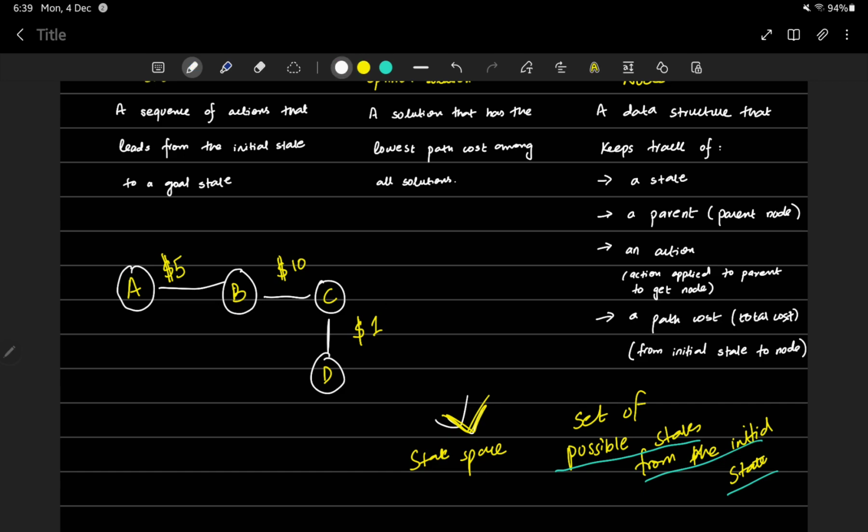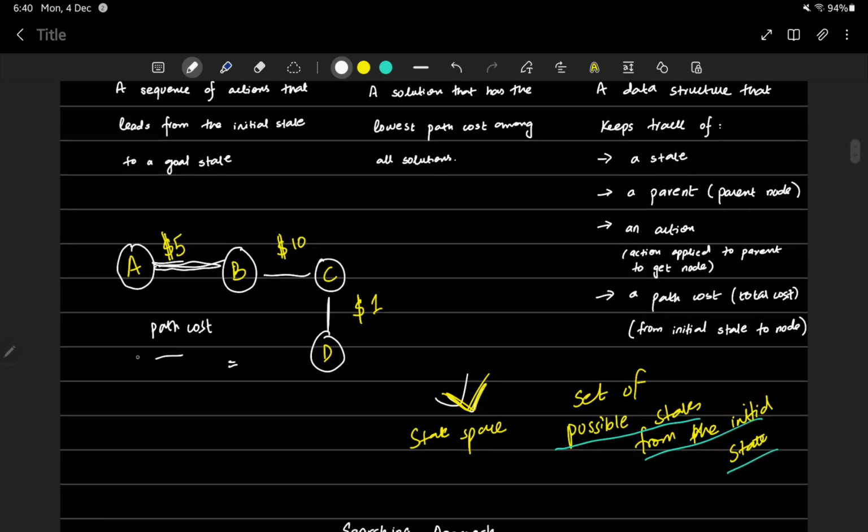So the path cost from A to B is what? It's $5, right? And if I ask what is the path cost from B to C, it is $10. But if I ask you what is the path cost from A till D,